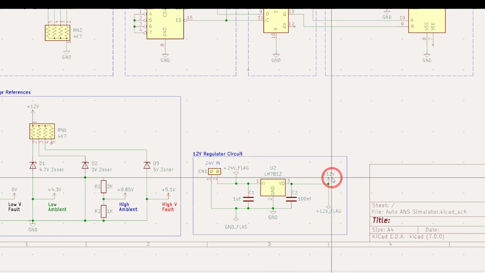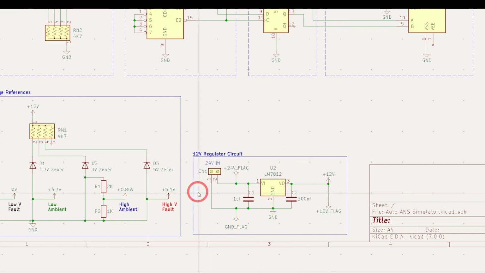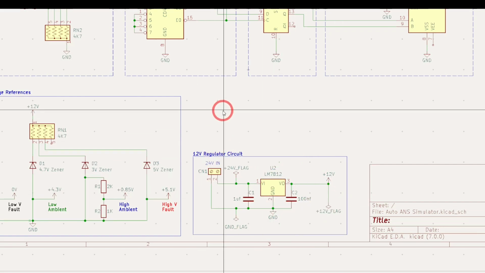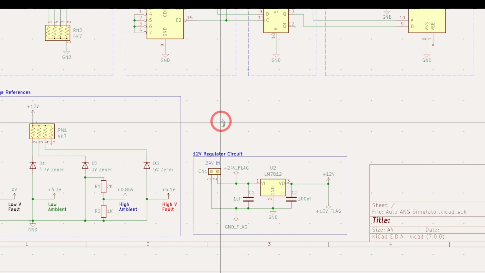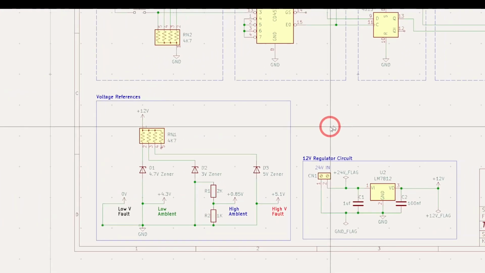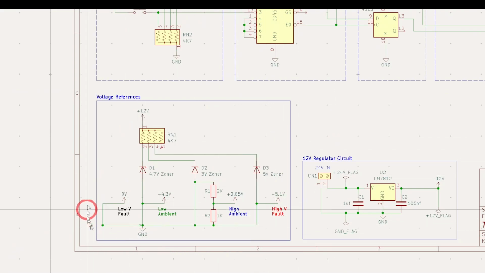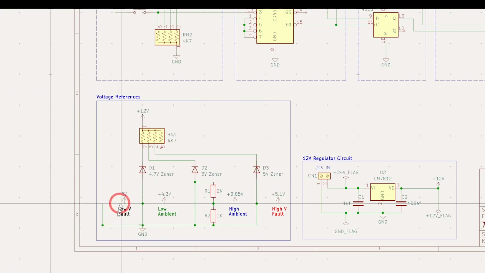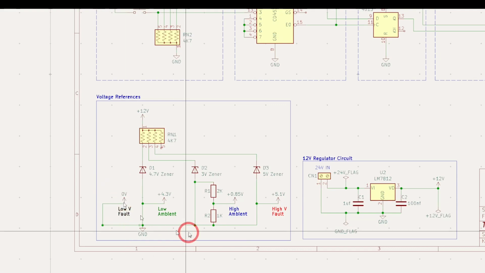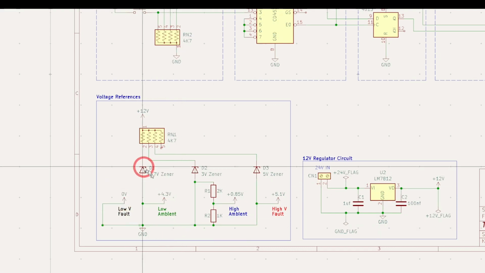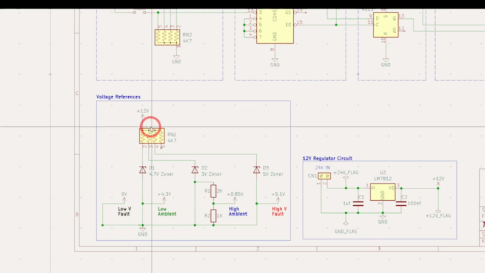There's a whole LM78 range for all kinds of voltages, and it's probably the simplest voltage regulator circuit you can really choose, which is what I wanted. And here's my voltage reference circuitry here. So there's my 0 volt, which is just tied to ground, my 4.3, which uses this Zener diode and this resistor pack,